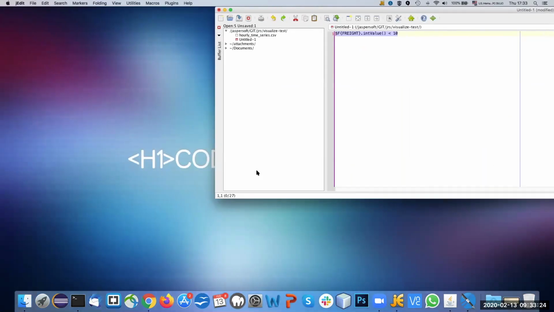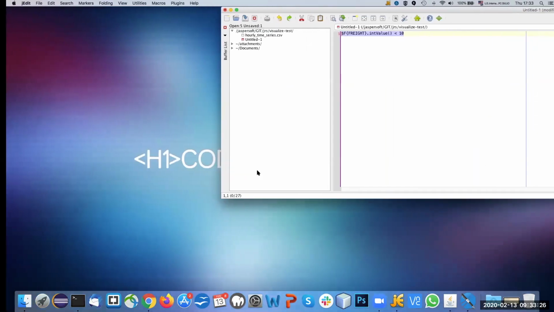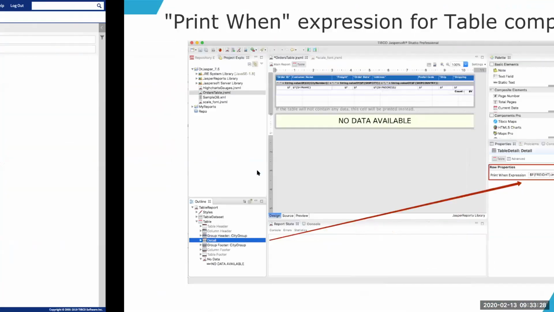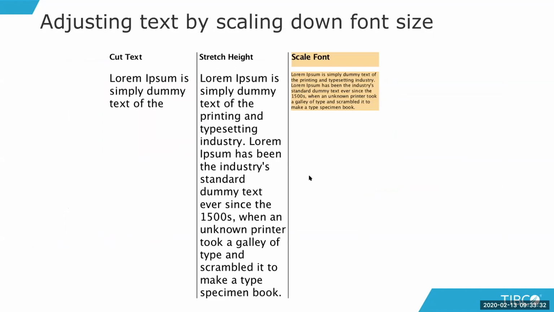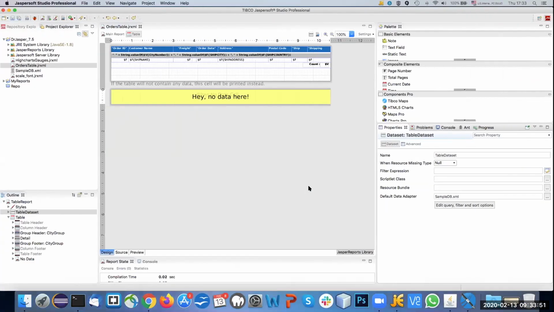All right, so let's go back to my slides. Well, see, here they are. And let's present the final demo of this session. It's about this new feature called scale font. And this is very important because it also impacts something that probably anyone using